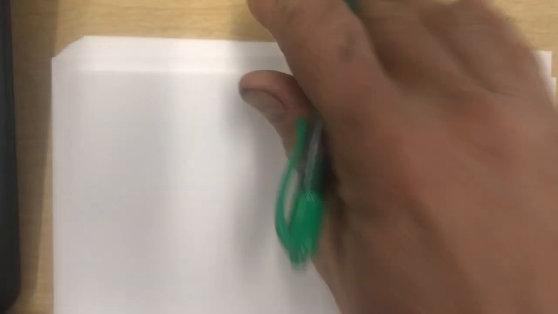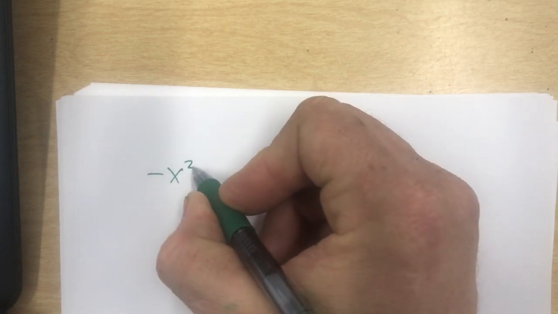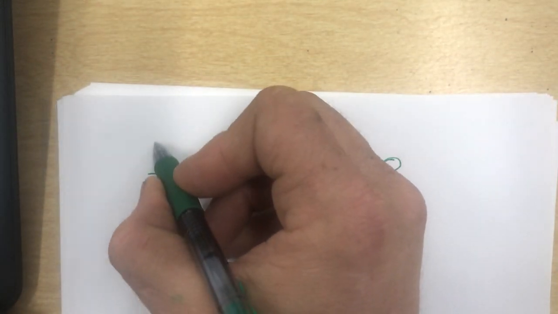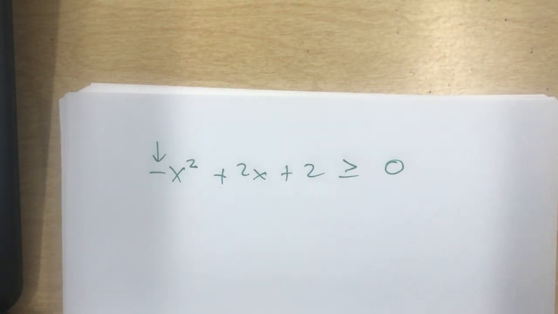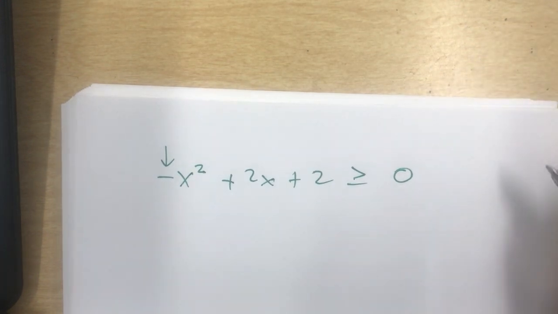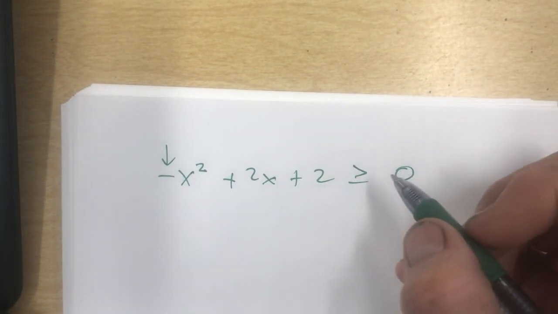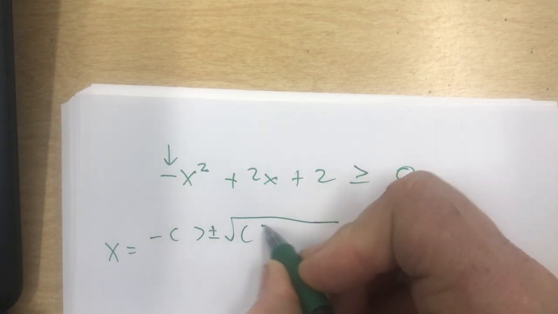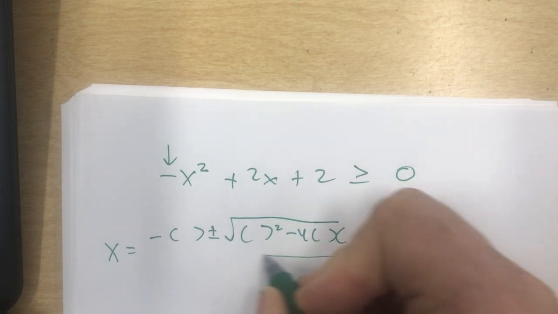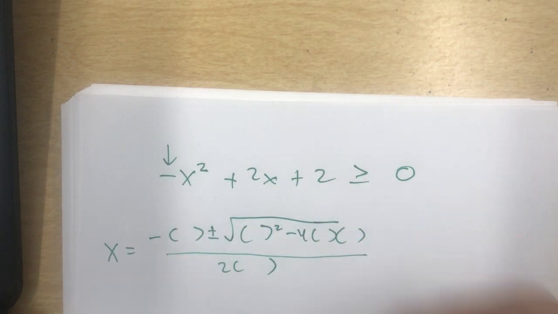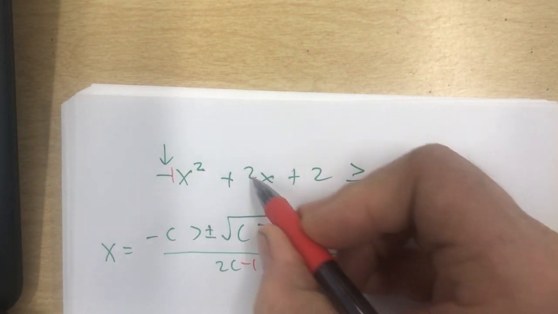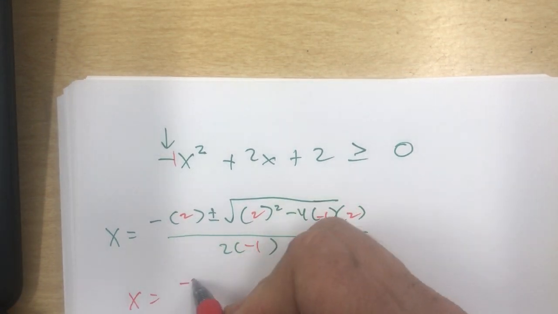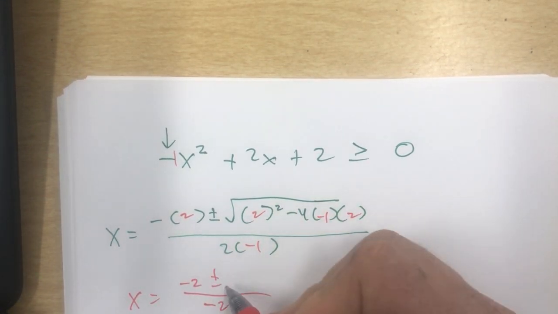Let's move this over. We got negative x squared plus 2x plus 2 greater than or equal to 0. Now look here, it's negative, which means it's concave down. Concave down this time. It's already equal to 0, so x equals negative b plus or minus the square root of b squared minus 4ac all over 2a. My a is negative 1, b is 2, c is 2. So that means I got a negative 2 here. 2 times negative 1 is negative 2 down there. And my radical,